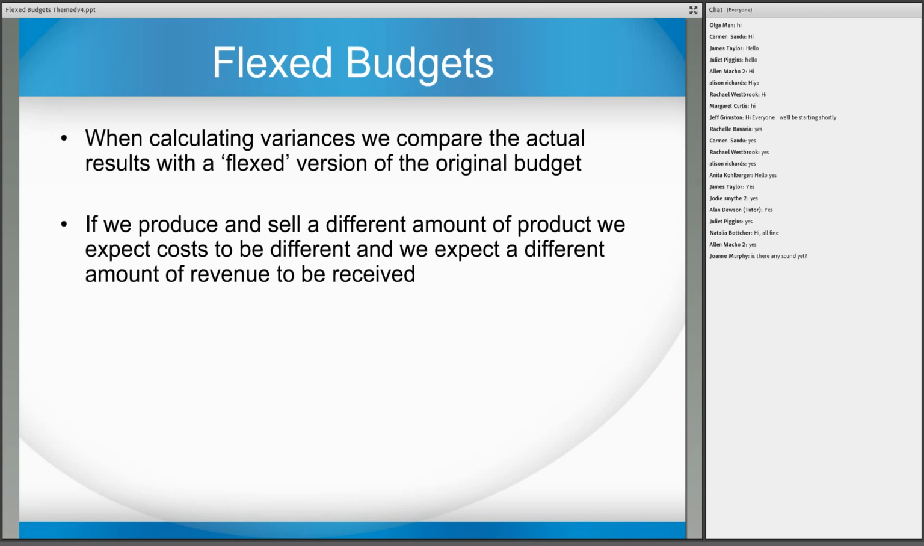Let's think of a situation if we didn't do this. Let's say that our production line achieves 30% more production than expected. Well, we're hardly going to call the factory manager to one side and give him a telling off,